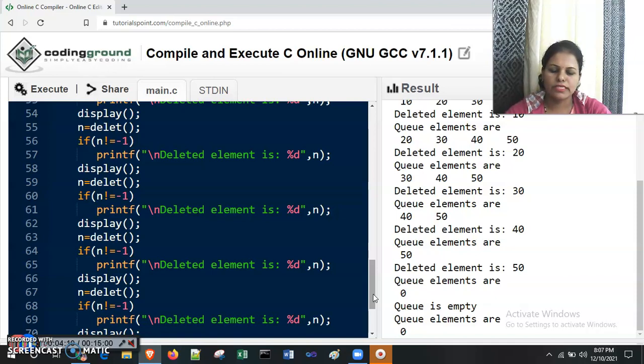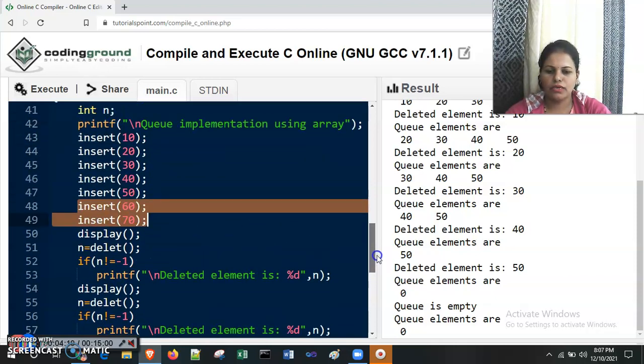Now in the next video we see how we can implement circular queue, or what is the concept behind circular queue. Here, what is the limitation of linear queue? When only one element is present and some spaces are available at front, but if rear is at the last position, then we give the message as queue full.